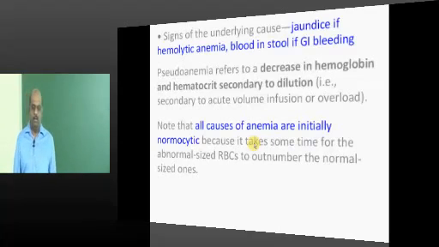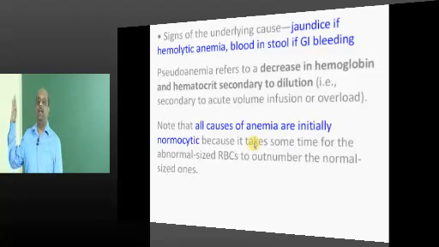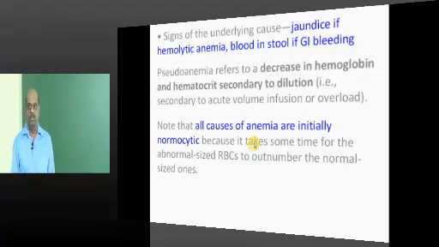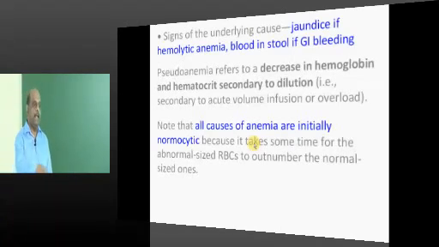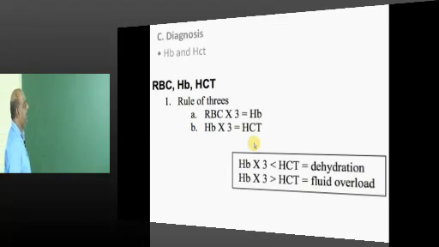Then most of the anemias initially are all normocytic, normochromic. The moment they become chronic, when the iron becomes deficient, they become microcytic. Because every time bleeding is there, melena is there, the person is losing blood. Initially he will be normocytic, normochromic. But every time he is losing blood, he is losing iron, and ultimately he becomes iron deficient and he becomes microcytic, hypochromic, is what needs to be remembered.